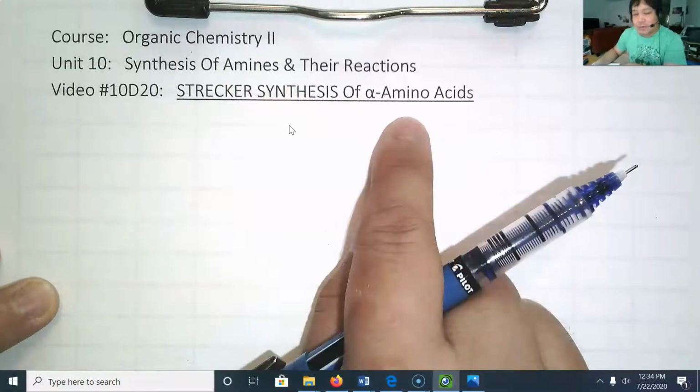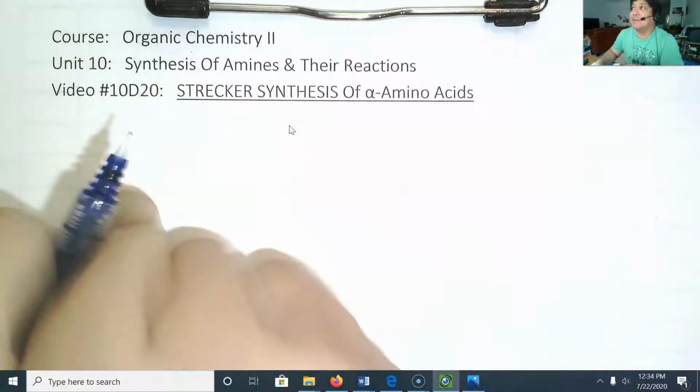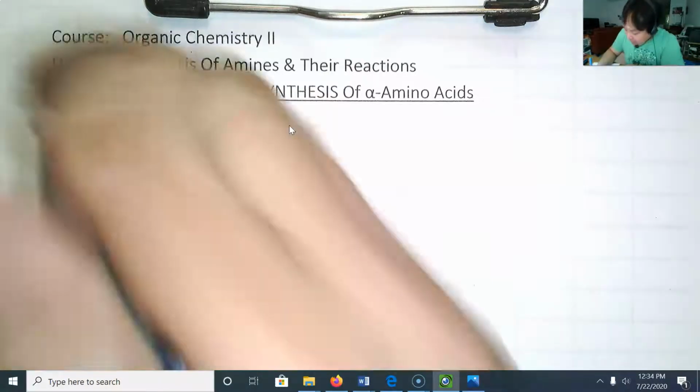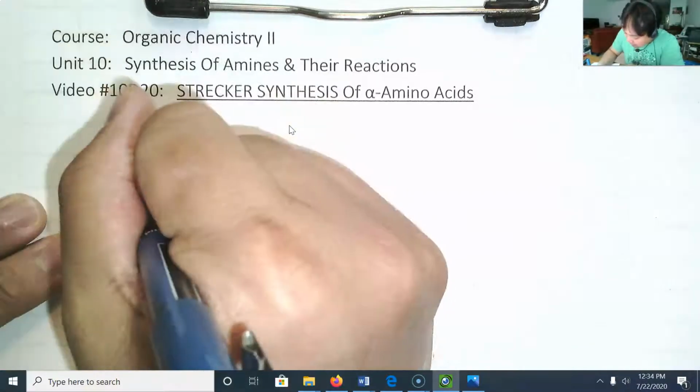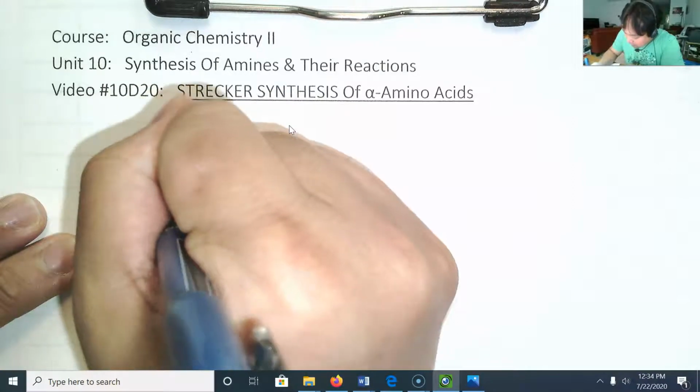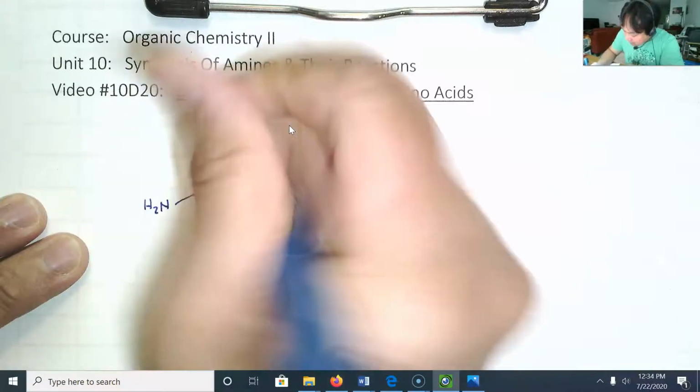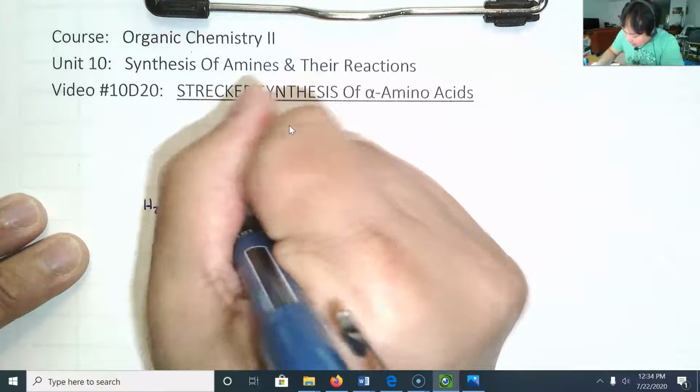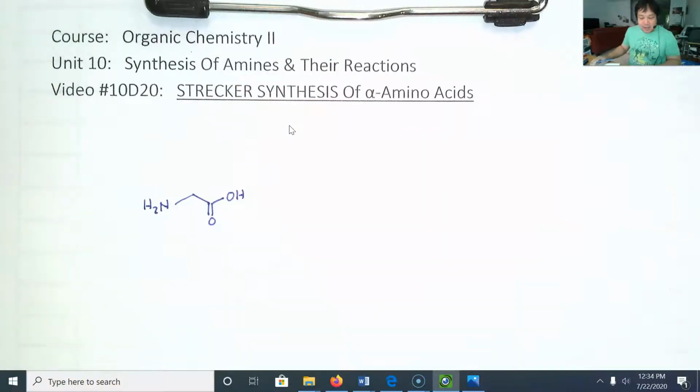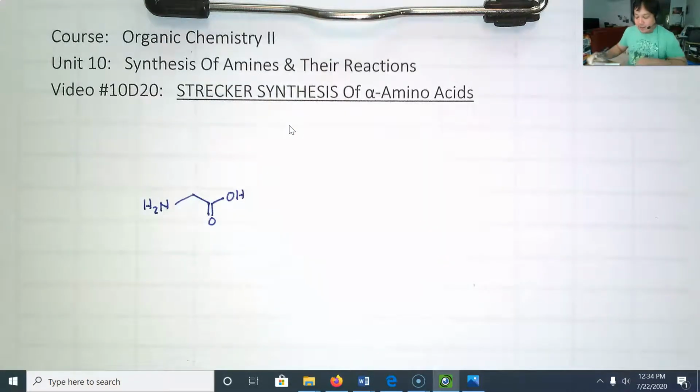And the Strecker synthesis, again, makes alpha amino acids. But why don't we first figure out what an alpha amino acid is? Let me double check my work. Okay, so I'm going to draw the amino acid with the amine part on the left, the acid part on the right, and we're going to